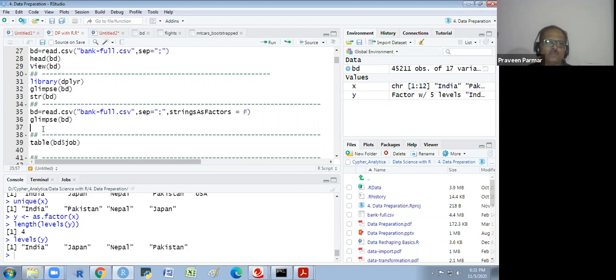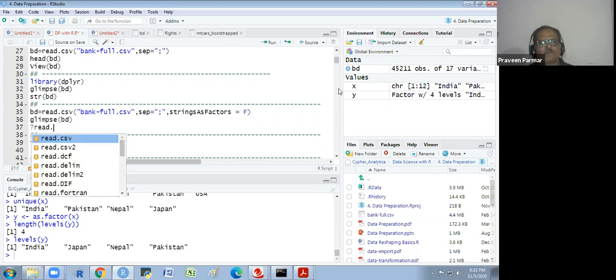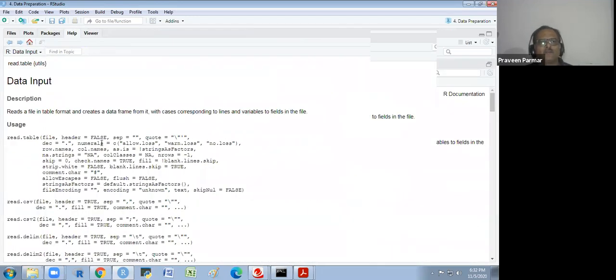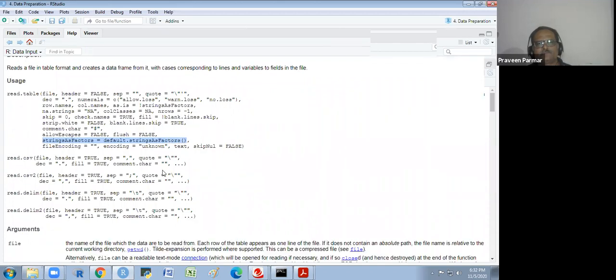If I show you the read.csv, they have changed it.